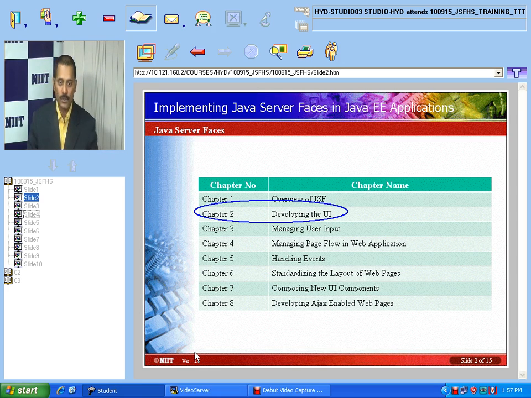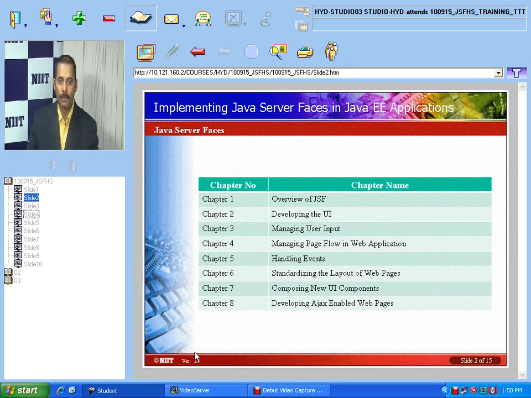Such things will be there, and we also have the core tag library. So we have the view tag, the subview tag. So syntax questions will also come from developing UI in the second chapter. We need to concentrate on that also. So whichever demos we have seen, please look at them. For example, if I'm using the view and subview tag, what is the syntax? There can be one question from your book, a snippet of code only. And next we have